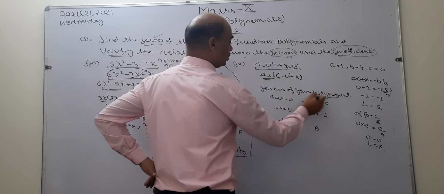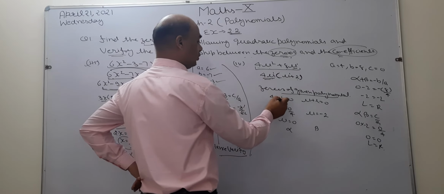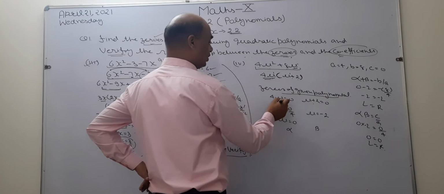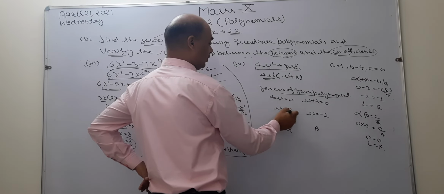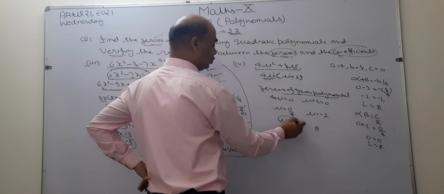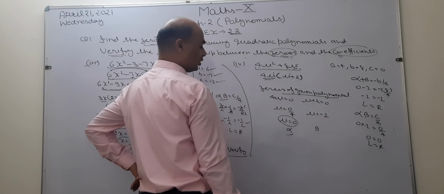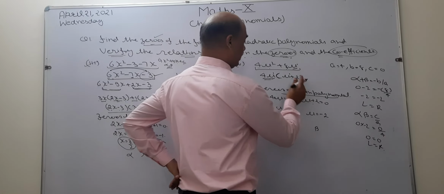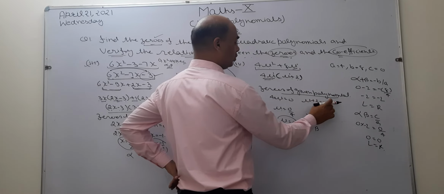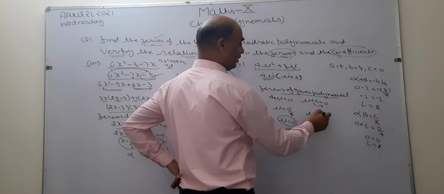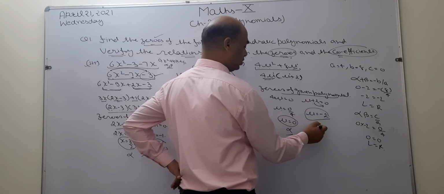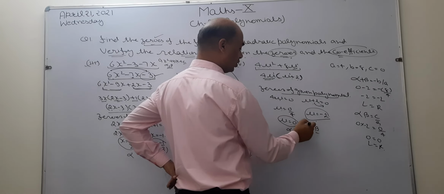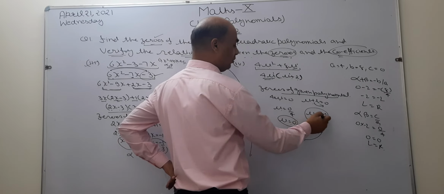Now write the zeros of the given polynomial. First term equal to 0, second term equal to 0. When I take this equal to 0, this multiplication sign goes towards the denominator of the right term. So this becomes 0 upon something, 0. u becomes 0. It means first value has come, which is alpha. After that, when I take u plus 2 equal to 0, this positive sign becomes negative and it changes its side. So u becomes minus 2. This is known as beta. Now alpha and beta, we got 2 zeros, 0 and minus 2.